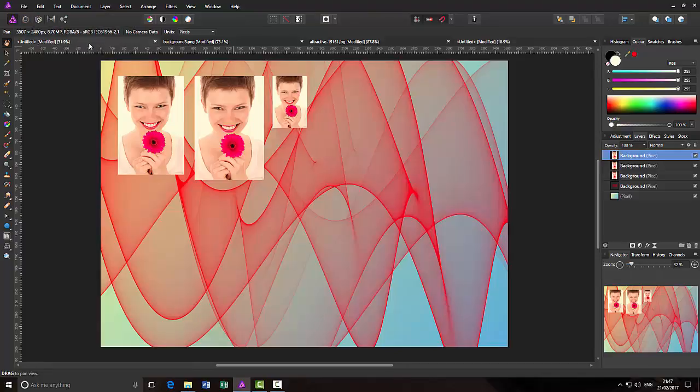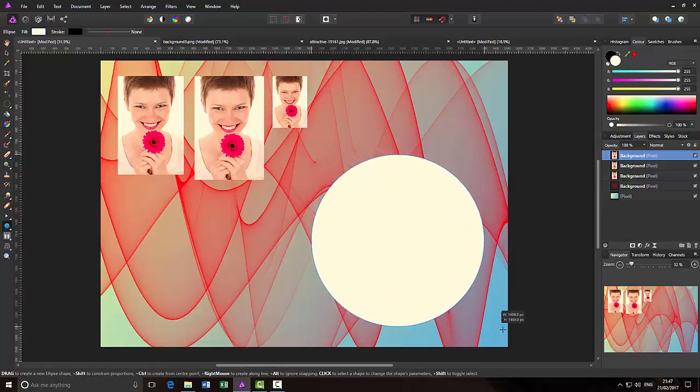Come back to this image that we're working on, and I'm going to make sure that the top layer is highlighted, and then there's a shape tool, but it's on the ellipse, and I'm just going to draw this circle here,